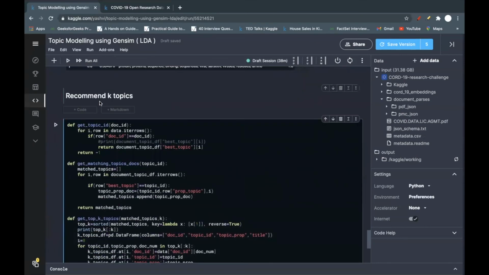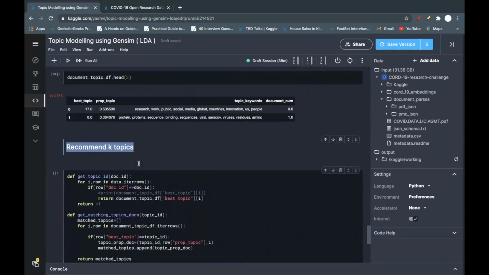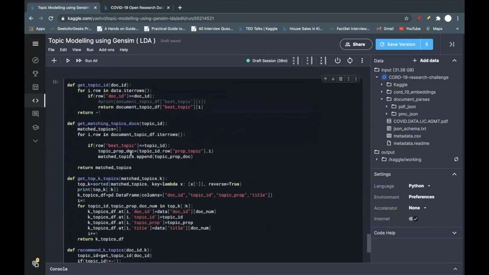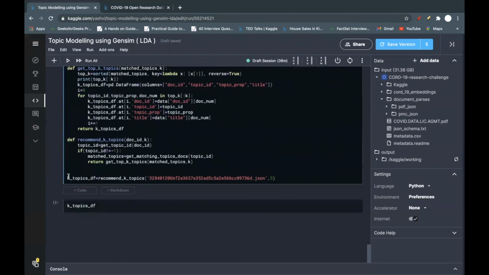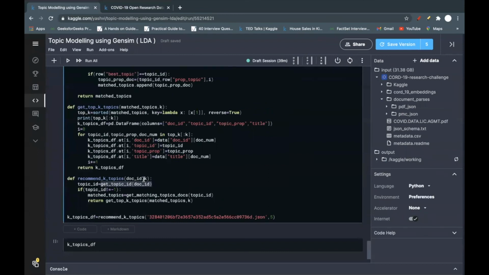Next, topic recommendation. If I give some document, it will give me similar documents in return. First I call the function recommend k topics, which takes a doc ID and k. Let's say I need 5 related documents. I call get topic ID, passing this doc ID.